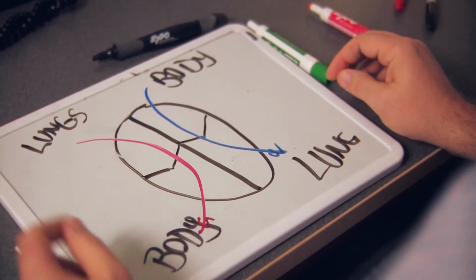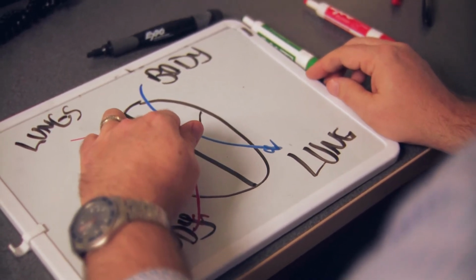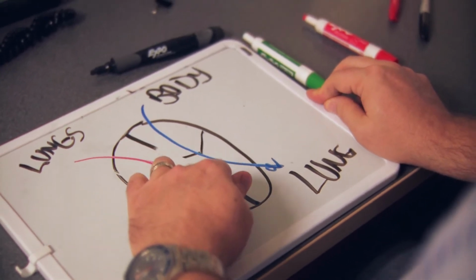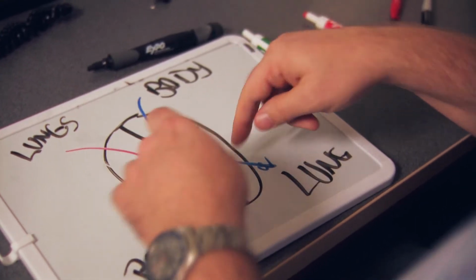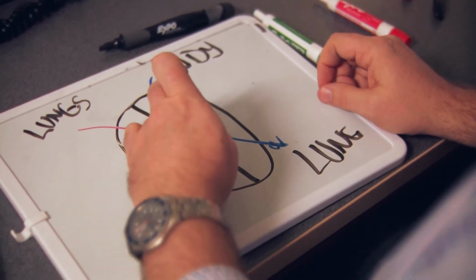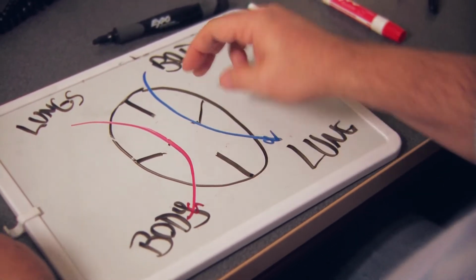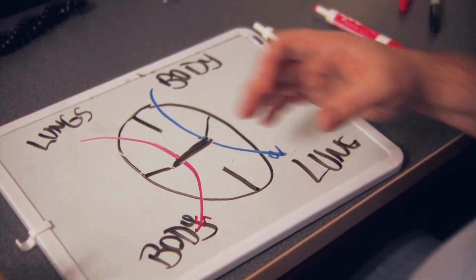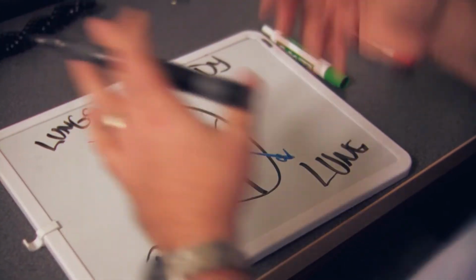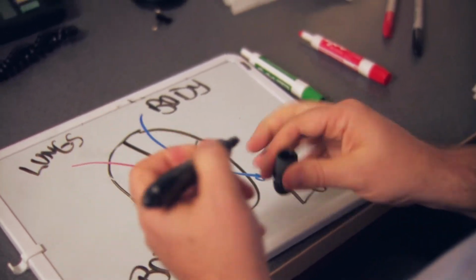Now, in Julia's case, there is a hole in her heart in the septum called an atrioventricular septal defect. The upper chambers are the atria, the lower chambers are the ventricles, and so there is a hole, and where there should be two valves, there's actually one common valve. And it's kind of going in between, and it's sealing up very well, but obviously this is a condition that